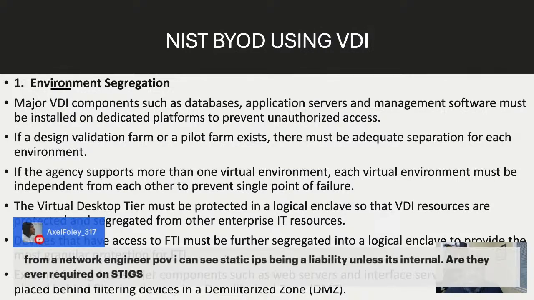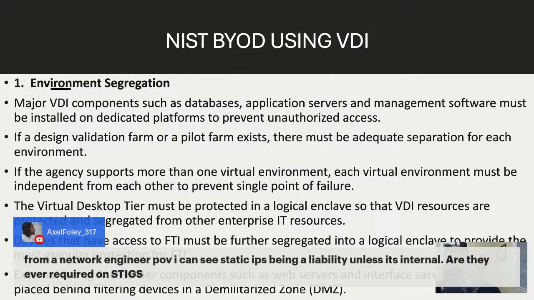So let's see, my man 317, a shout out from a network engineer point of view: I see static IPs being a liability unless it's internal. Are those required in the STIGs? Why do you consider it a liability? I know from a network standpoint there's a lot more work, right? For me, static IPs,